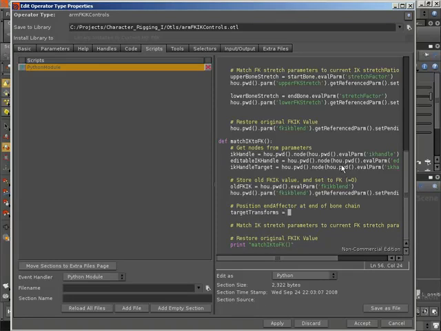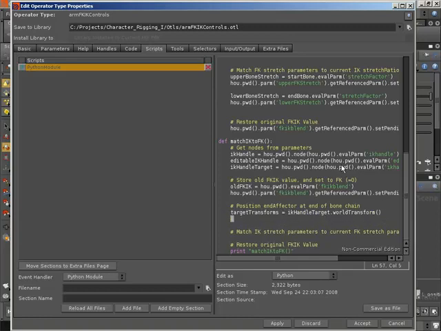So we can say that the target transforms are equal to the IK handle target dot world transform. So our target transforms are equal to that world transform. This is a matrix that is being returned to us. What I want to do is basically ignore everything except for the translations in that matrix, and to do that what I can do is call on